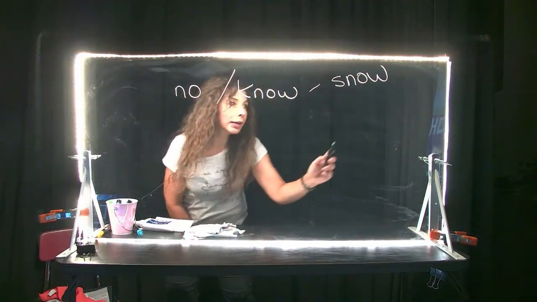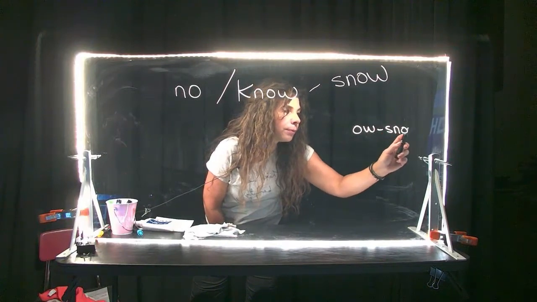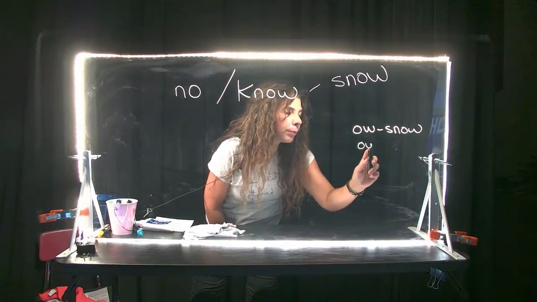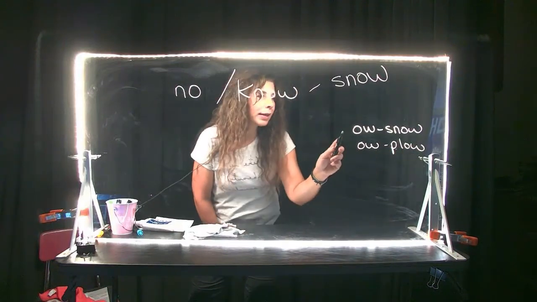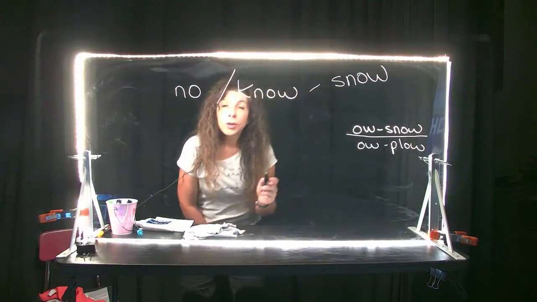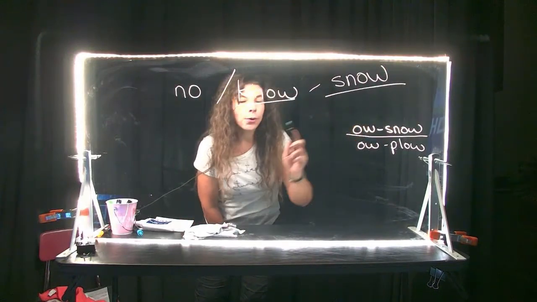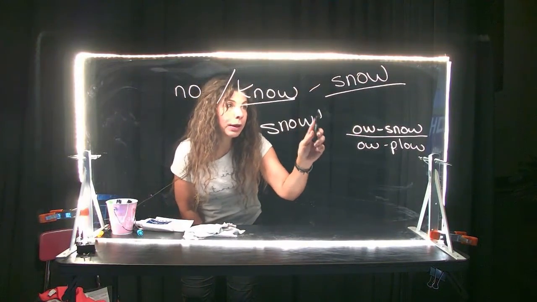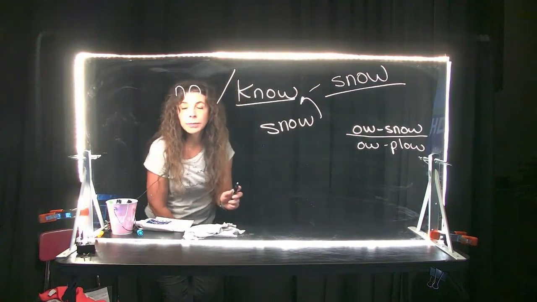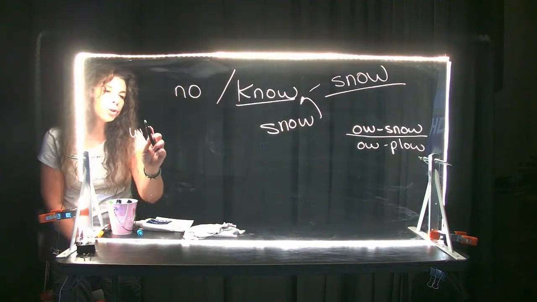Remember that O-W is a D syllable. It can sound like O-W snow O or O-W plow ow. But in this case, O-W snow O. So we know that everyone loves the snow. So if you can spell snow, you can spell no. Your other two sound-alike words are going to be which